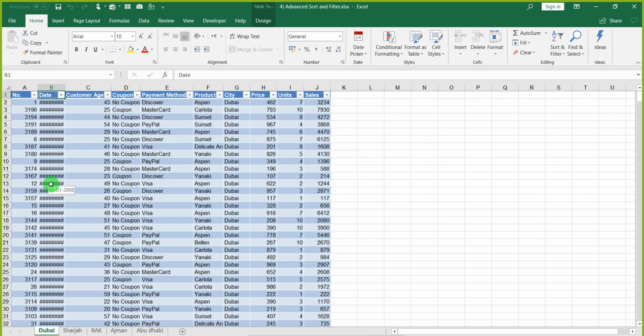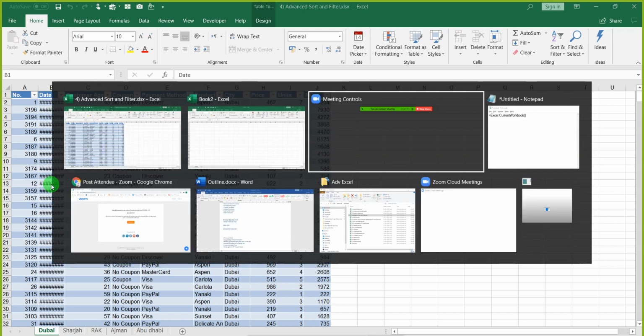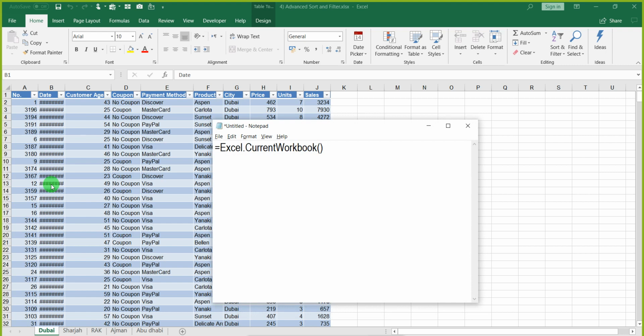Okay, let's get started. You will say, will Ramzan write some big formula or show us some macros? Nothing. I will just show you one simple code and everything will be combined in a few seconds. And that code is this, friends. Just read it from the screen: equal Excel.CurrentWorkbook. That's all. This code will combine all the sheets into one. Very simple code, you don't have to do anything.